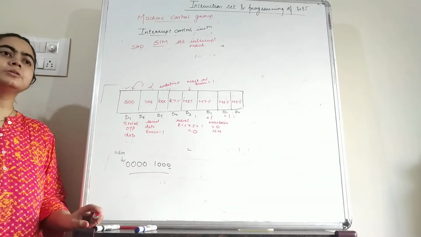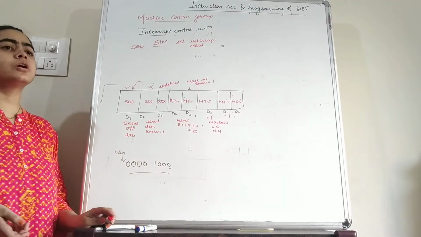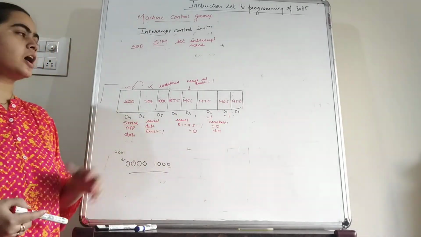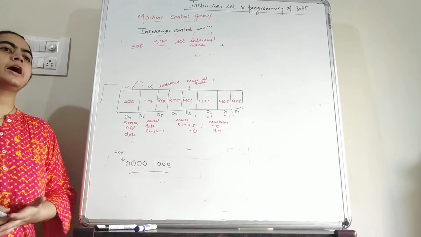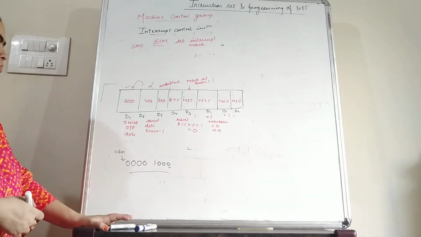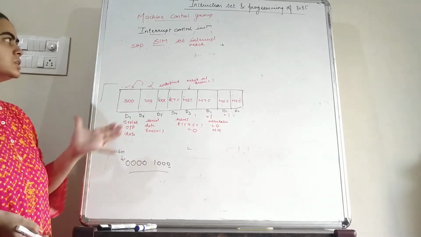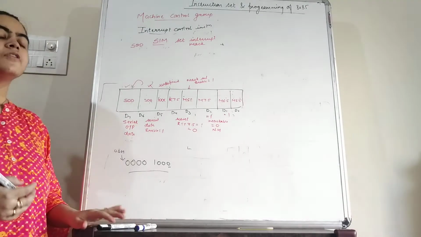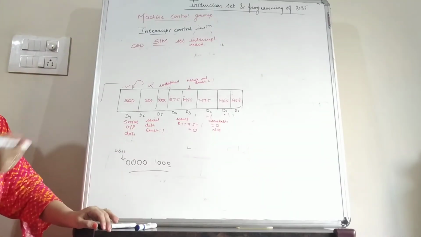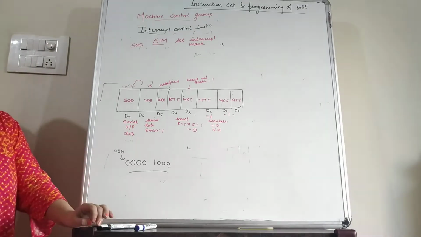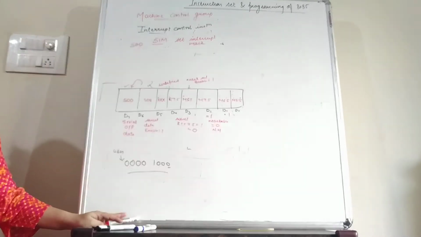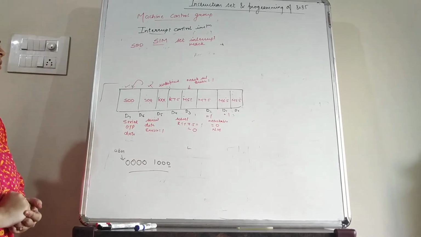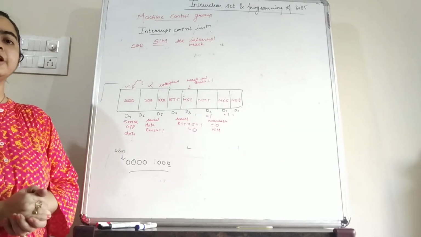Other interrupts are by default non-maskable, which means we cannot ignore or disable interrupts other than these. So these are the hardware interrupts which we can enable or disable according to the microprocessor requirement. So students, this is about the SIM instruction. In short, RIM and SIM are multi-purpose instructions which are used to read or give data to the peripheral devices in a serial manner, as well as to read and set the status of the interrupts. These instructions work with the contents of the accumulator, and they are very important.